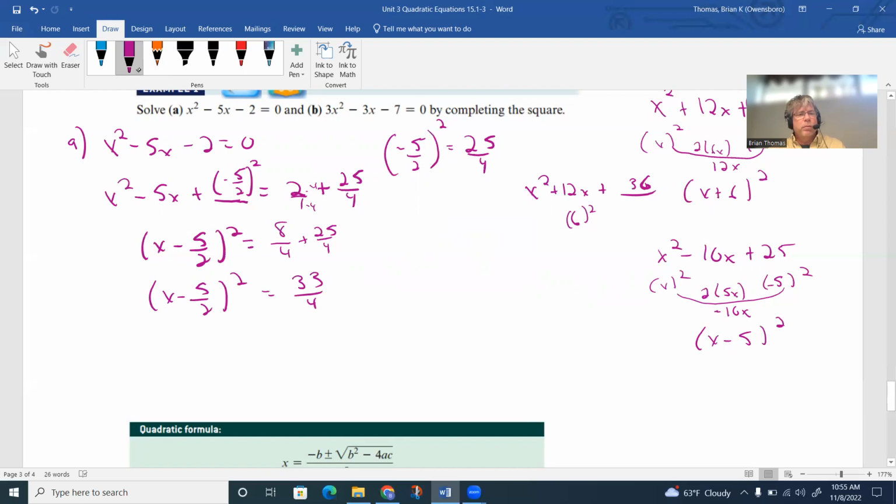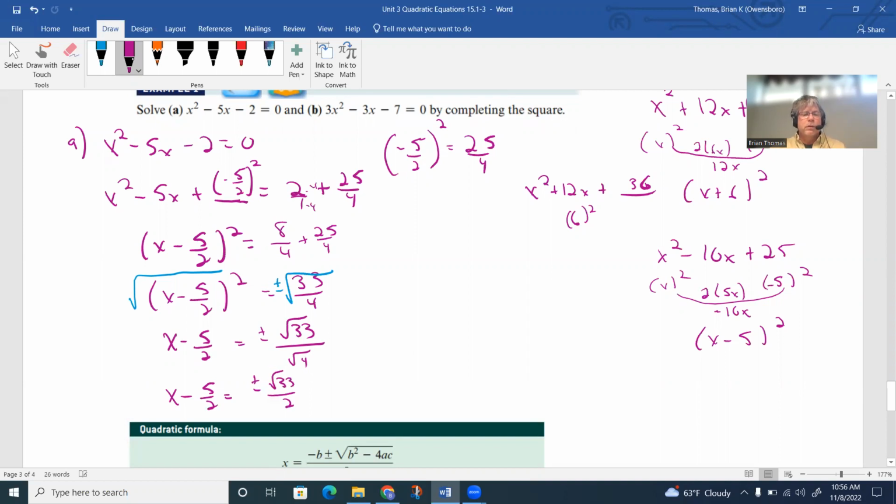We want to use the square root property here. So what I want to do is take the square root of both sides to give it that power of 2. But when I do that, this has got to turn into a plus or minus over here. So this becomes x minus 5 halves, and then we have this plus or minus the square root of 33 over the square root of 4. So this turns into x minus 5 halves equals plus or minus the square root of 33